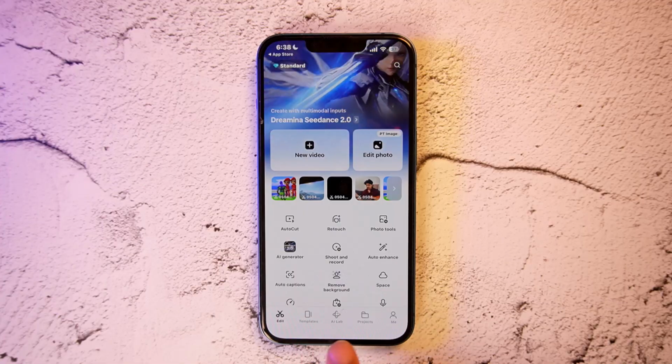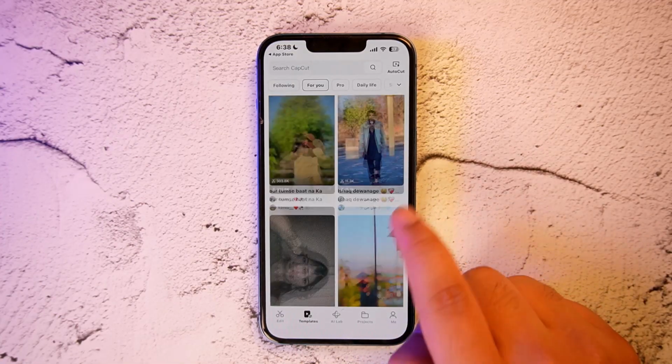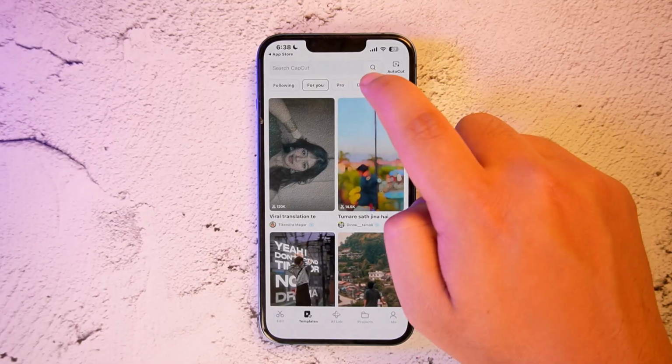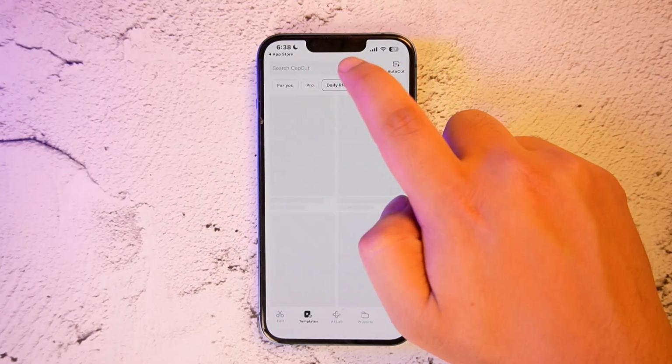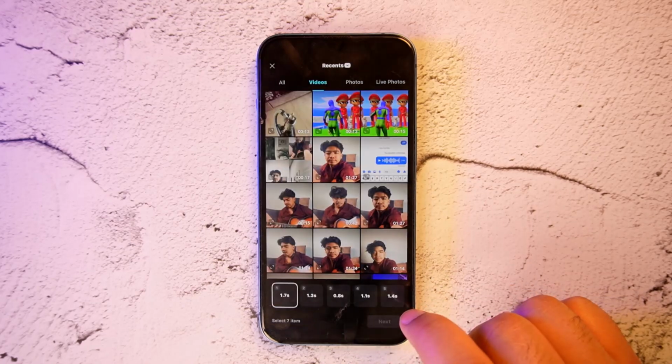You can see edit, templates, AI lab, projects, and me. Head into templates and now select the template that you'd like to use. You can also see daily life, you can see pro features ones. You can select it. Once you select it, you want to tap on use template, and now you want to